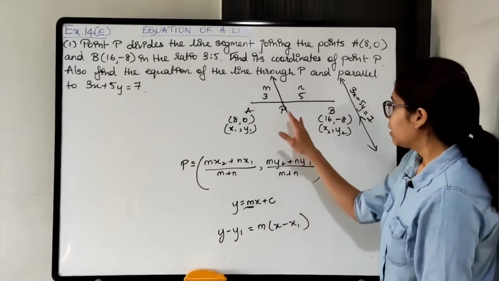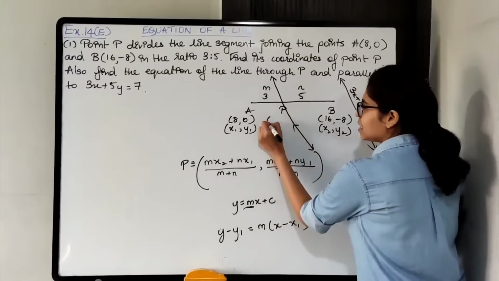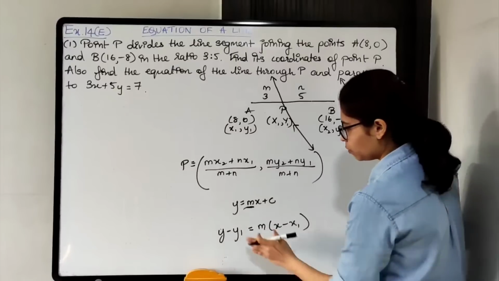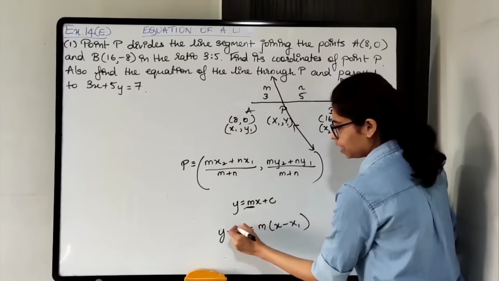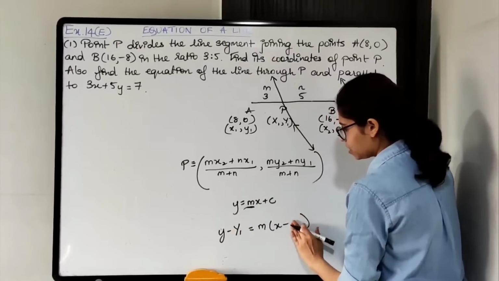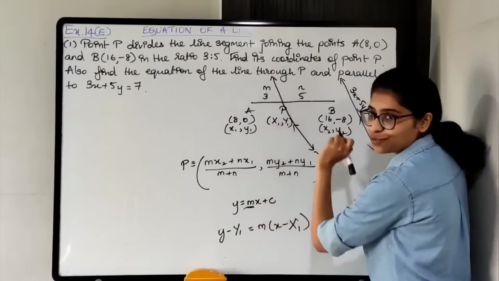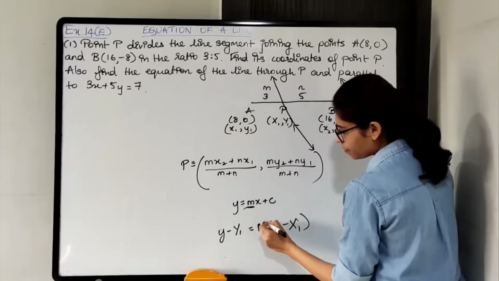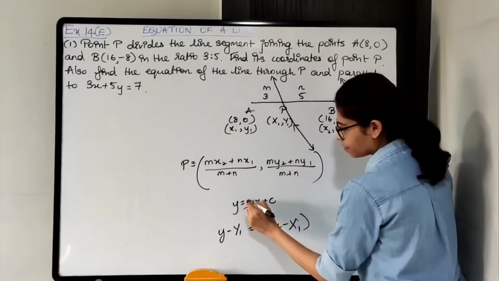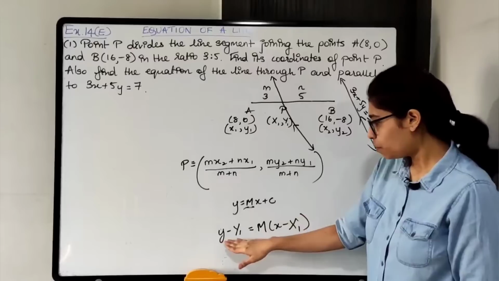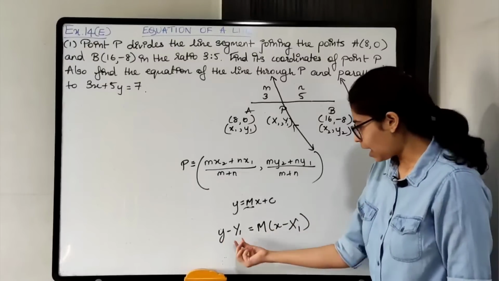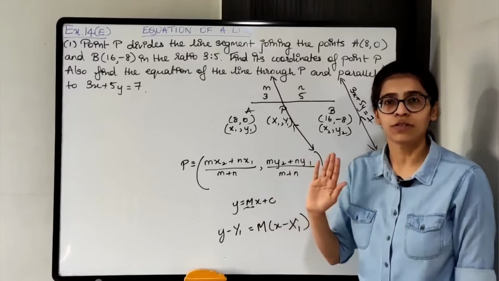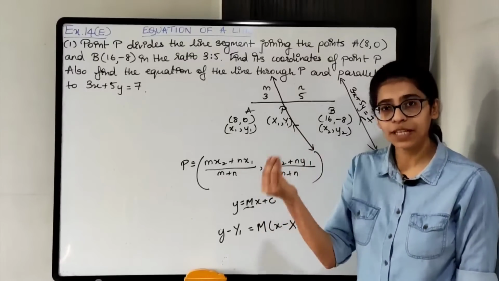P के लिए we'll take it as capital X1 y1 because we have already used small x1 y1 over here. So let this be capital X1 y1. Also m we have used over here, so take capital M. Okay, so put the values of slope and x1 y1 P ka coordinates and you will get the equation of the line on solving further. Alright, so I'll repeat.